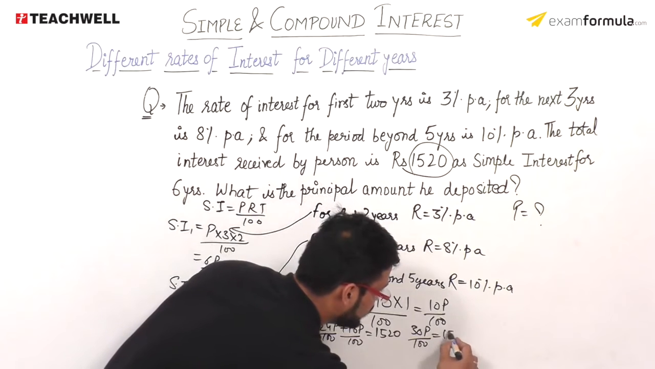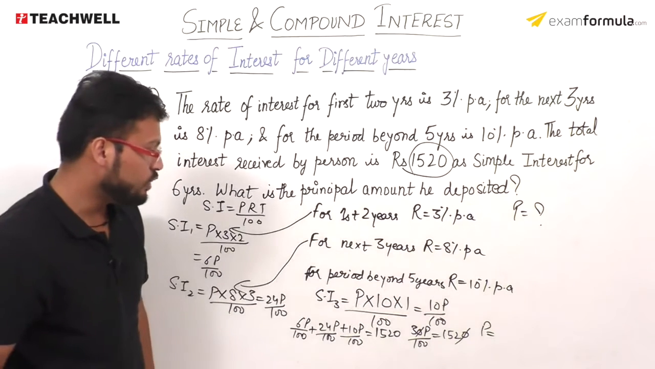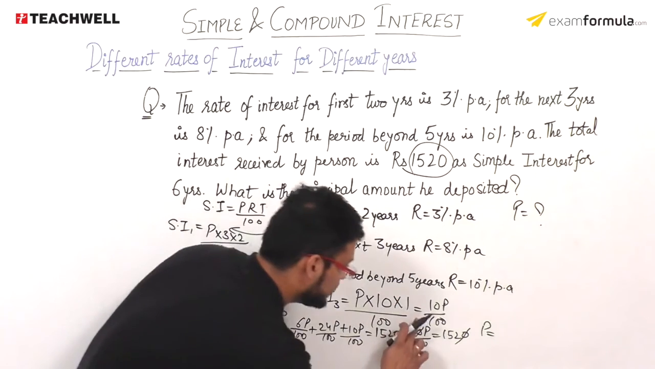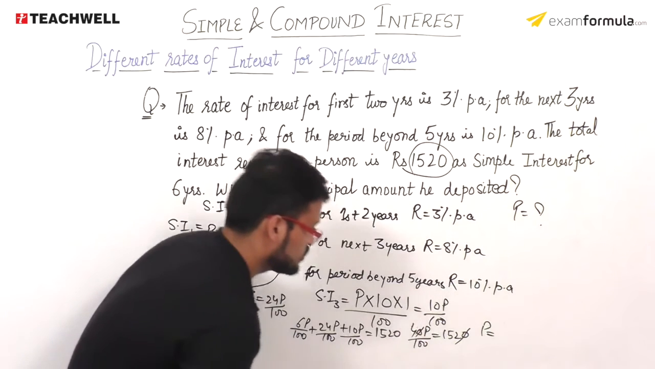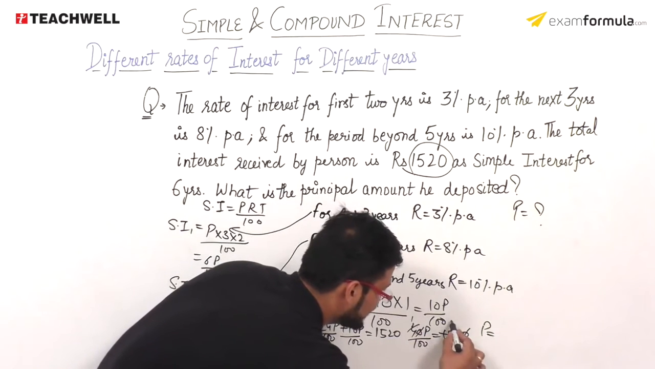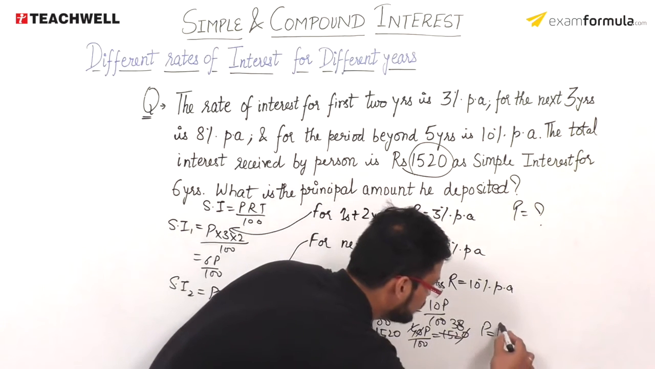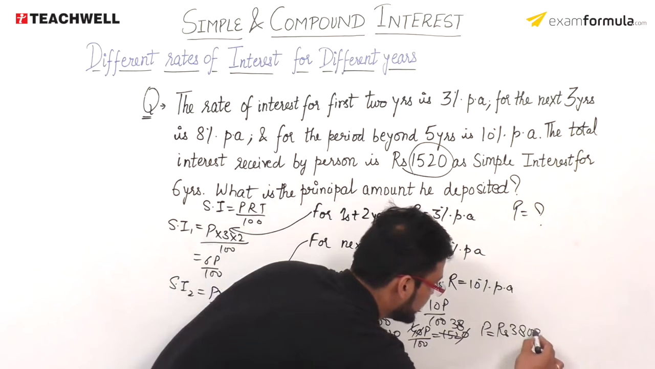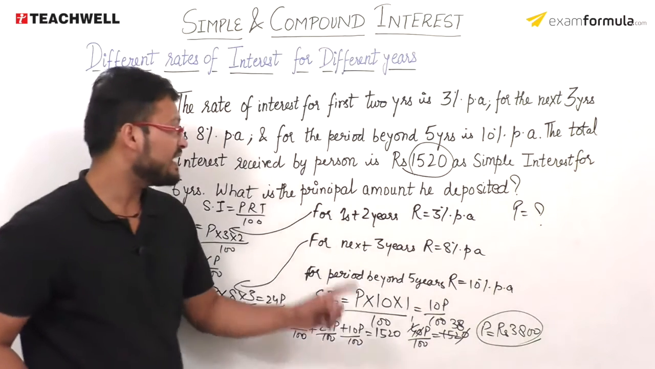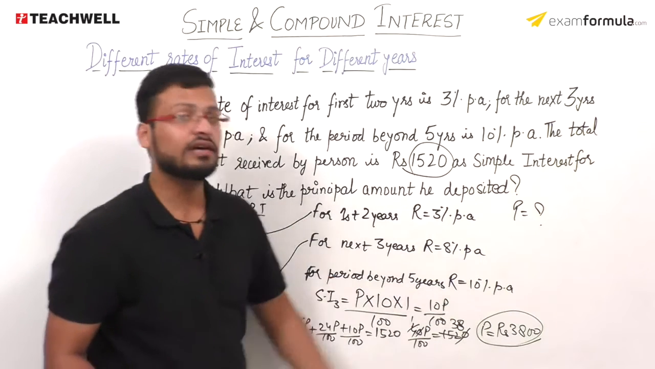is equal to 1520, this gets cancelled out, or you can say that the value of the, this is 1520, 30, this is 40P, this is 40P, so this will be 4 ones are 4, 4 3s are 12, 4 8s are 32, so that the value of the P is equal to rupees 3800। So you can say that the principal amount that is deposited is equal to rupees 3800।